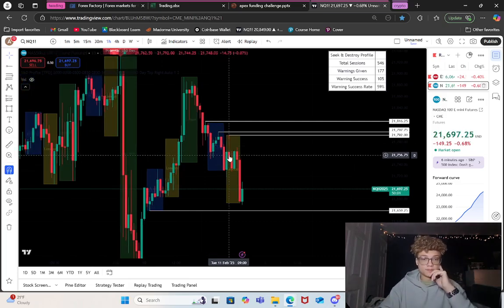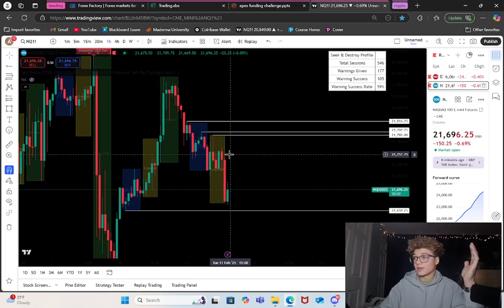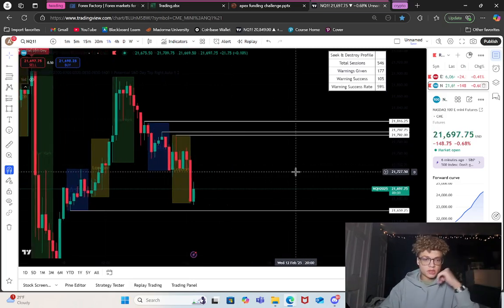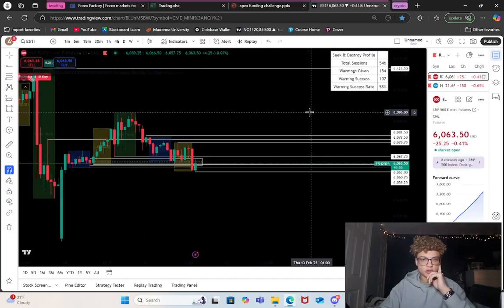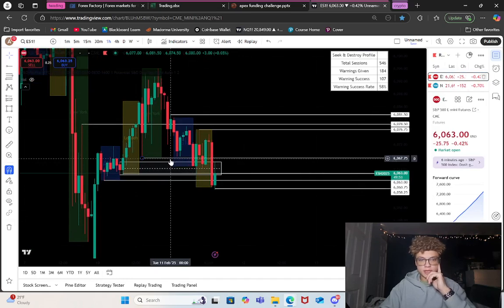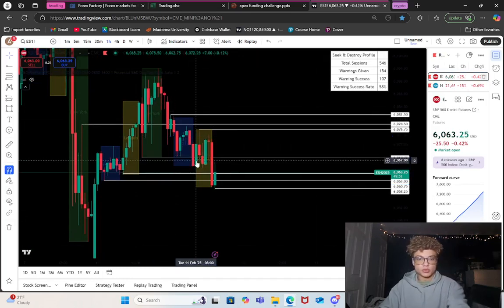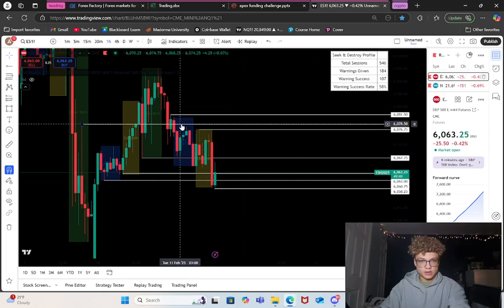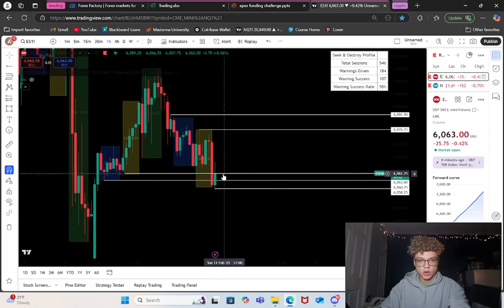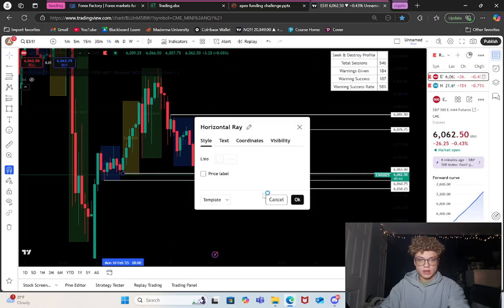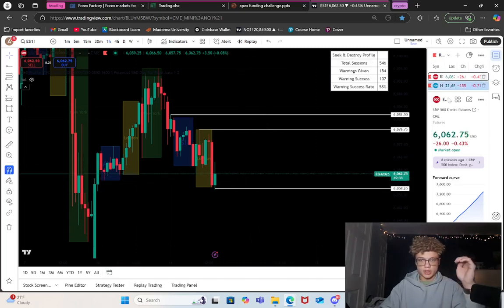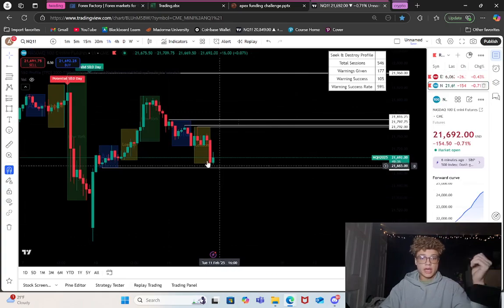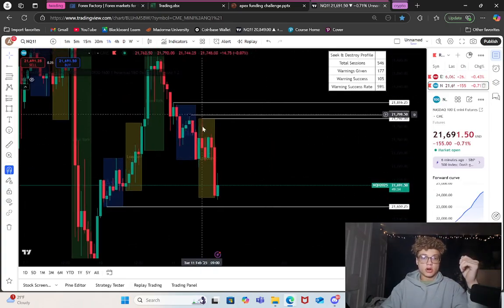So I don't really have a bias today because I'm not even going to trade at all. I'd be interested to see what gets taken out first. NASDAQ has a lot more draws on liquidity to the upside that are more reasonable to reach versus ES. I know ES does not move quite as aggressively as NASDAQ. However, we do have some liquidity lying right here that would be really nice if we were in a normal trading day. I would love to see all this get taken out.